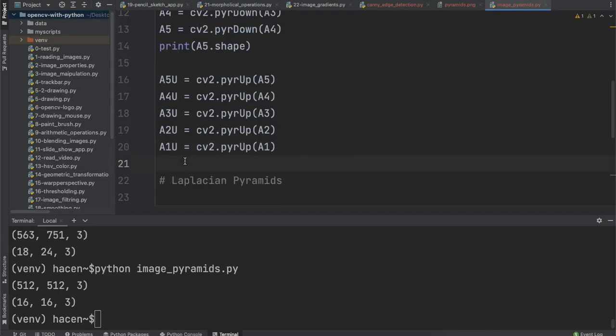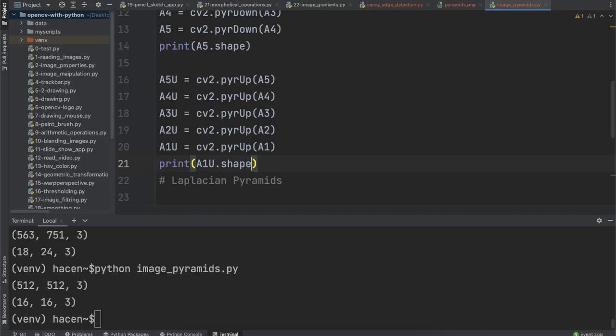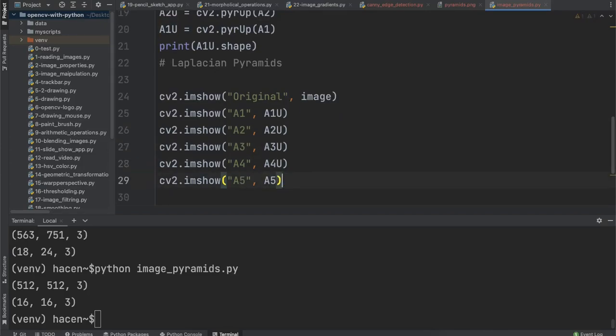If I come here and say print a1 up dot shape, and if I change this to, for example, a1 up and a2 up and a3 up, and also for 4 and for 5. And let me show them here, python image_pyramids.py,